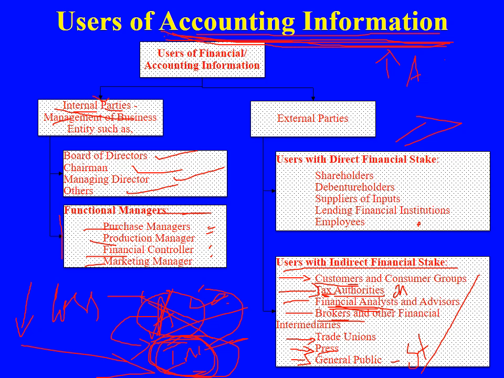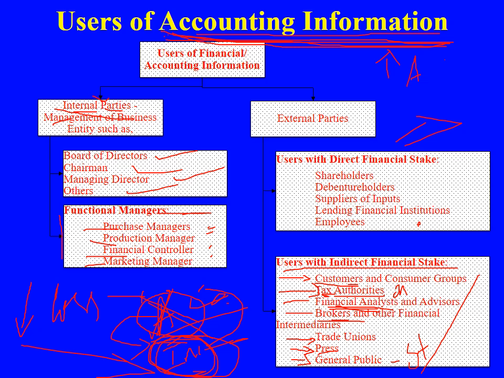In case the company's performance is downward and the company is facing huge losses over the years, and the performance is very dull, at that point customers can make arrangements for substitutes, for alternatives to the products supplied by that particular company. So that's why customers do need accounting information.